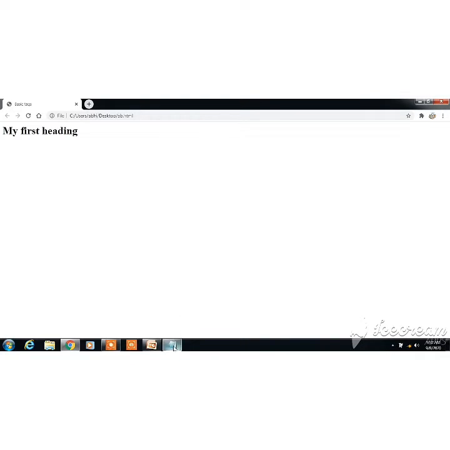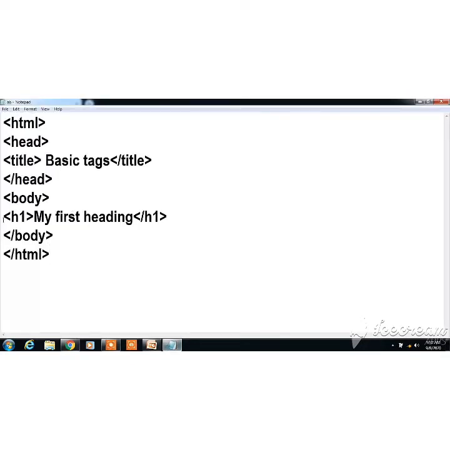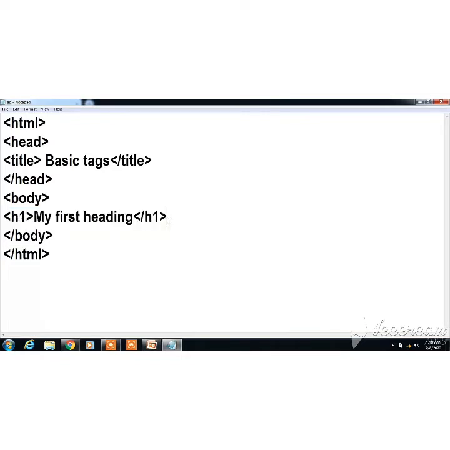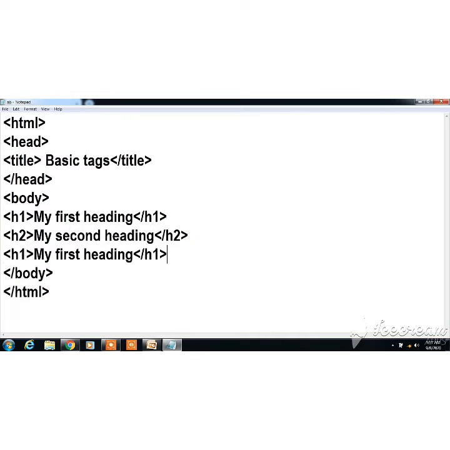Okay, now let me show you with another, H2, H3. Let's copy this first. I'll change it, I make it H2. Now I'll show you the difference. Right? The difference between H1 and H2 is only that the font will differ. And you know it's a container tag.